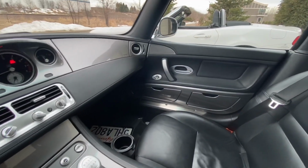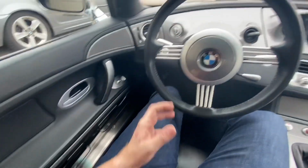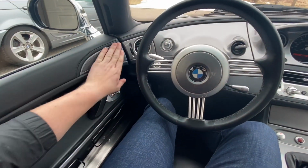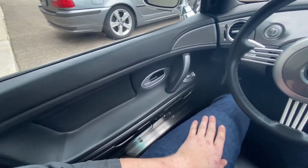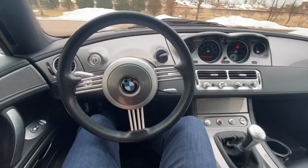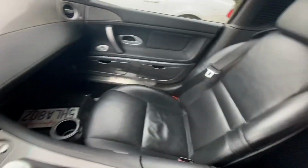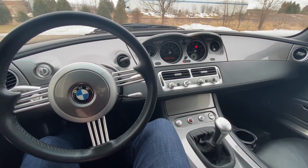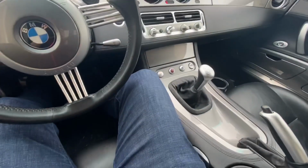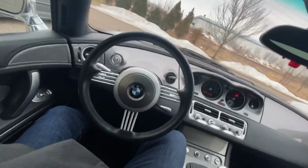All of the creature comforts you would like. The majority of it is plastic, even though it's really designed to mimic the aluminum, which most of it was back in the 50s. The fit and finish is exceptionally good. They were able to squeeze safety standards into here, so it has a complement of airbags. The seats are not terribly comfortable, but this car only has 40,000 miles on it, so I'm guessing they're not fully broken in yet. But yeah, I'm going to grab my seatbelt here,